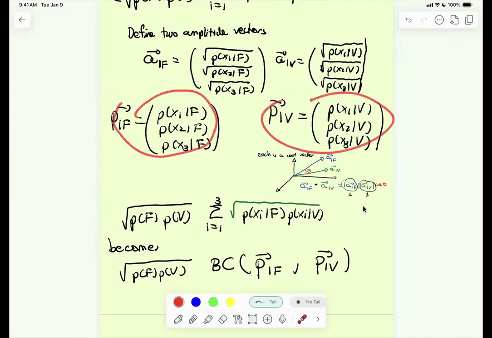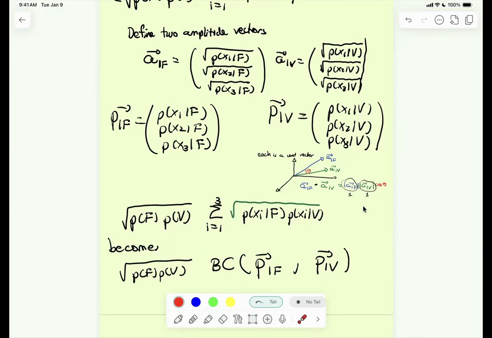So they are probability vectors. I don't know if I said that explicitly, but when you condition on a probability, it also satisfies the rules of a probability distribution, because you scale it so that it adds up to 1 when you condition. So a conditional probability is a probability in its own right. These are actually probability vectors: their entries are always between 0 and 1, and they add up to 1.